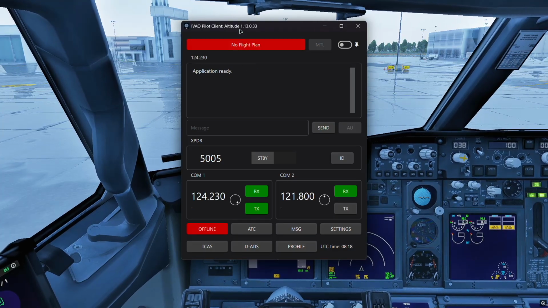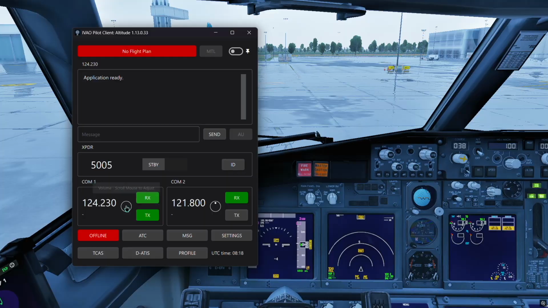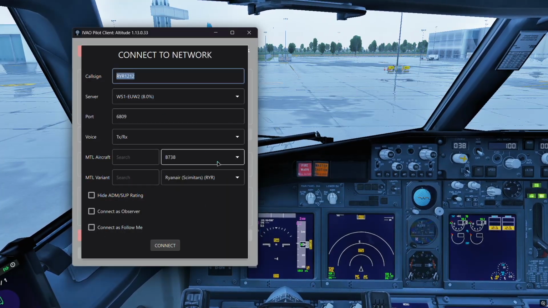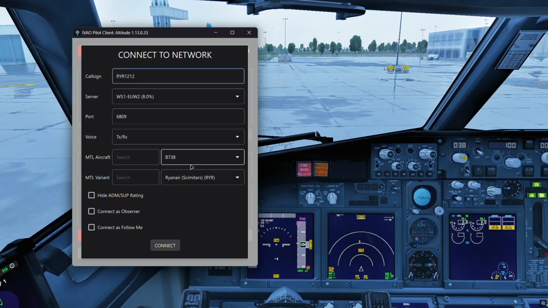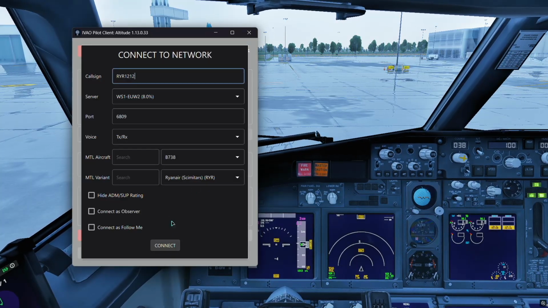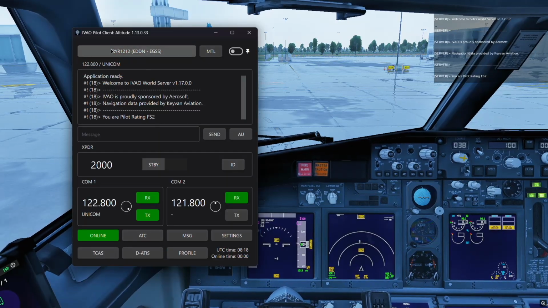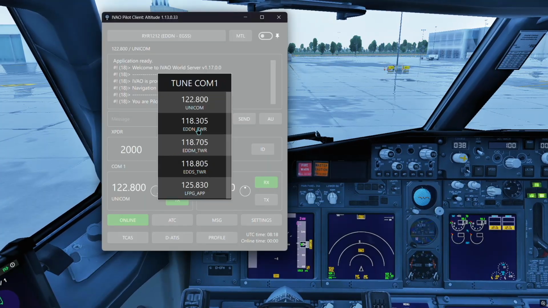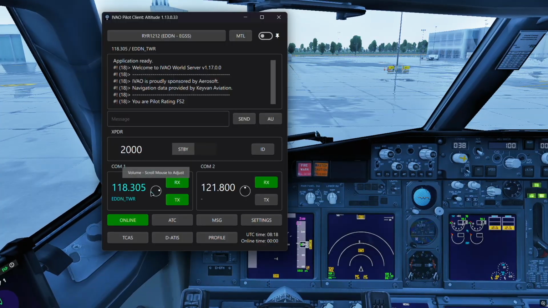Okay, so after that you wanna open your IVAO pilot client, press offline and make sure that your call sign and everything here is correct. That's your aircraft type and that's your airline. If it's done, press connect and you'll see your flight plan right here. After that, press here and you can see Nuremberg Tower. Press there, adjust your